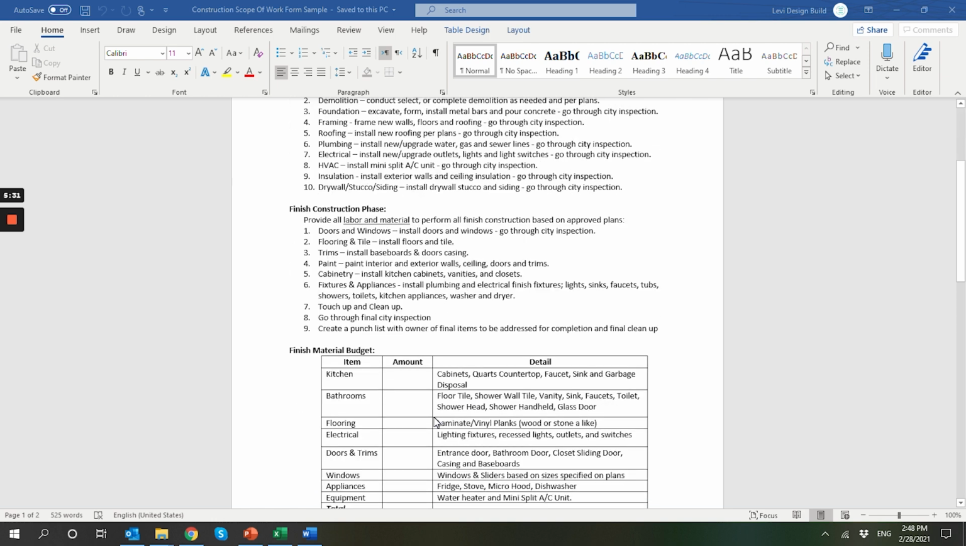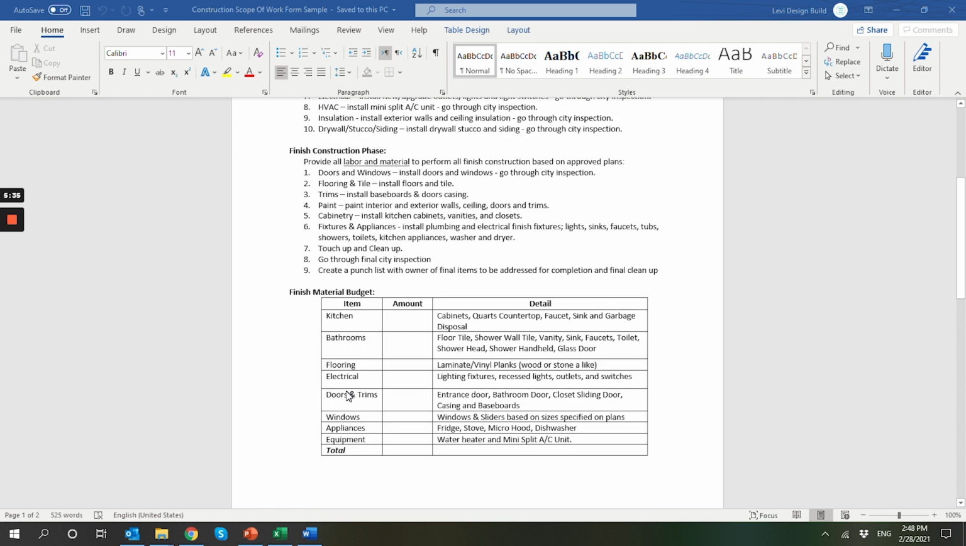Next, we have here the finished material budget. Now, what I usually recommend is to separate this from your contract with a contractor, but you want to have him give you a budget to know what we're talking about. So he's going to separate it from the rest of the contract, and at the end of it, you're going to decide whether you want him to have it in the contract or outside the contract. Again, I always recommend to have it outside the contract,